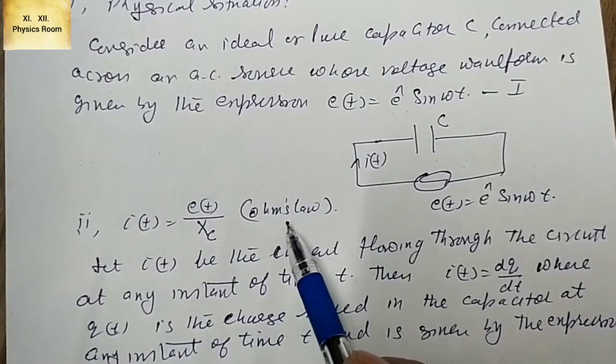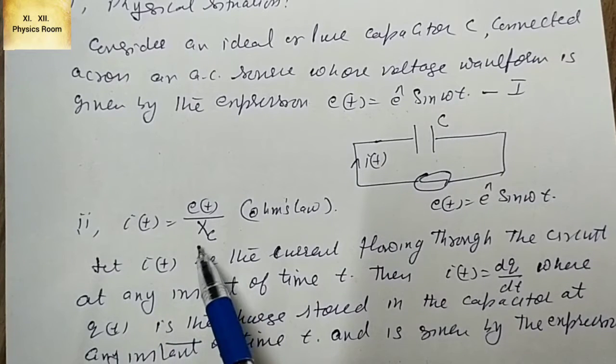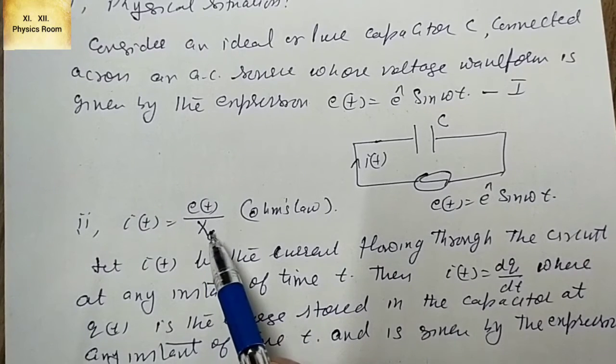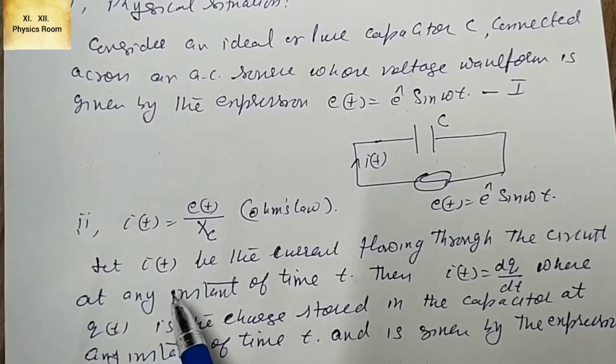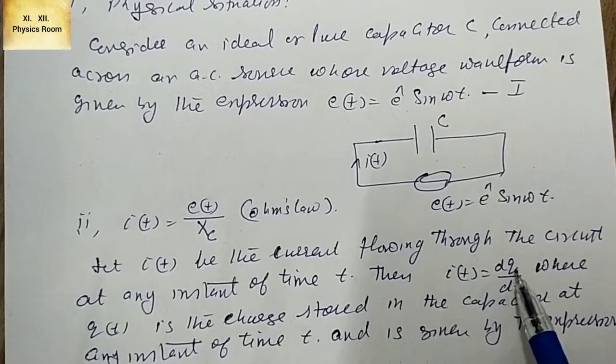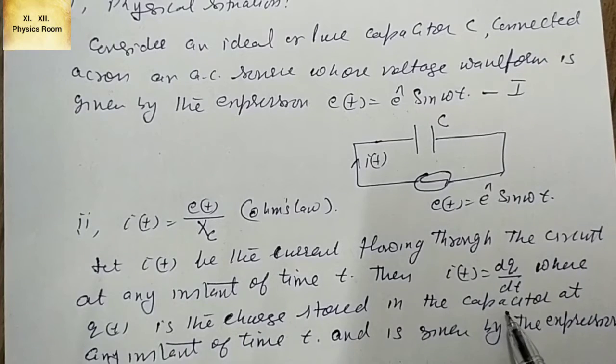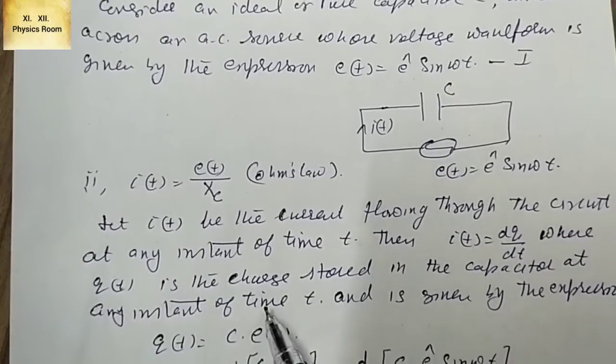Second step, we apply Ohm's law to find the instantaneous current. So i(t) is equal to e(t) by XC, where XC is capacitive reactance. X is for reactance, C is for capacitor. It is AC resistance, so voltage over resistance is equal to current. Now let i(t) be the current flowing through the circuit at any instant of time t. Then i(t) will be equal to dq by dt, the rate of flow of charge, where q(t) is the charge stored in the capacitor at any instant of time t